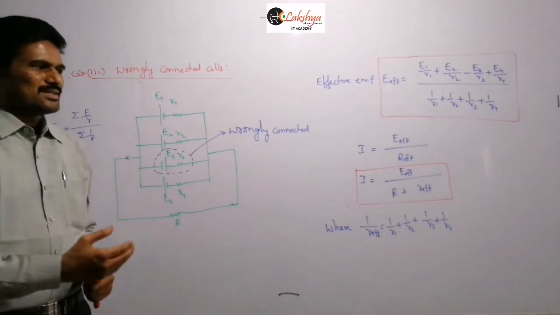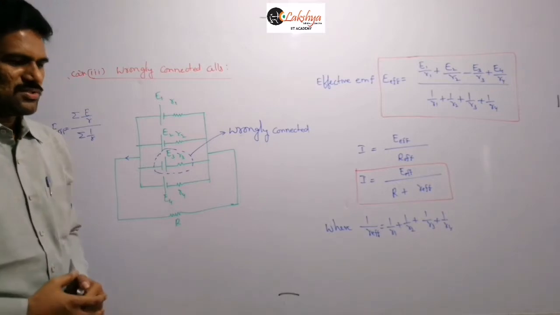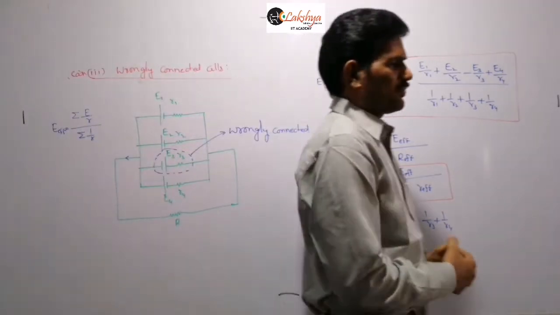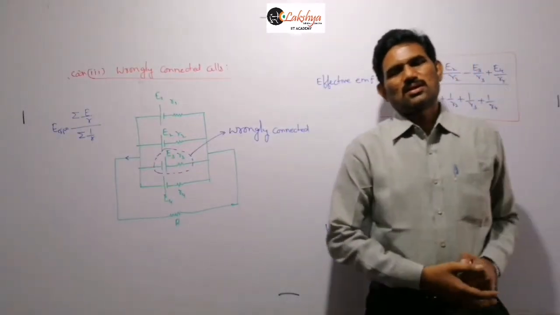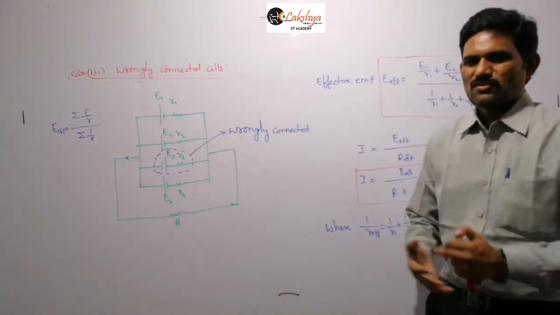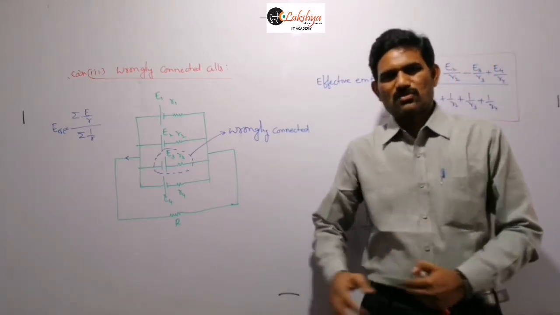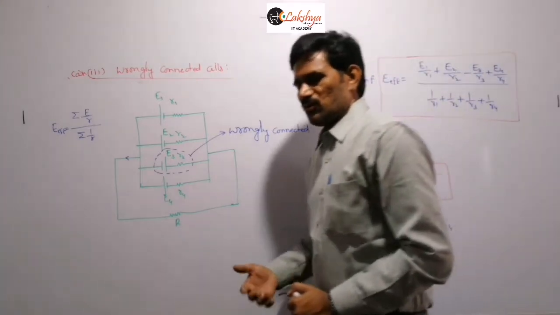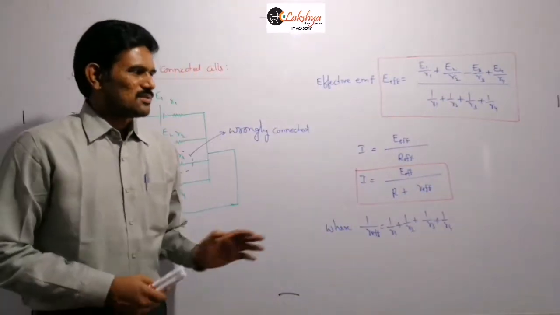And so now let us see about the mixed grouping of the cells. After completing that mixed grouping of cells, I will give some problems based on all the combinations of the cells. So I will discuss all those problems after completion of this topic, right? And so now I am going to the next topic. Is it clear in this?